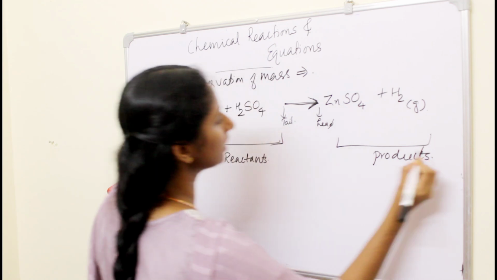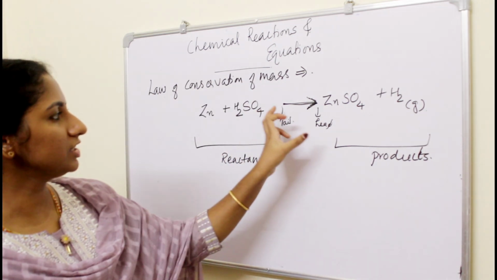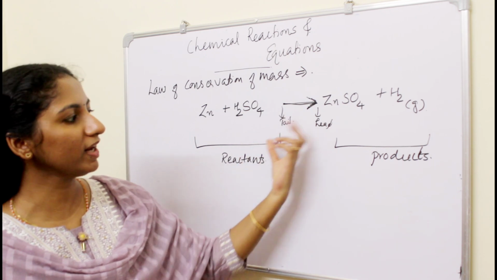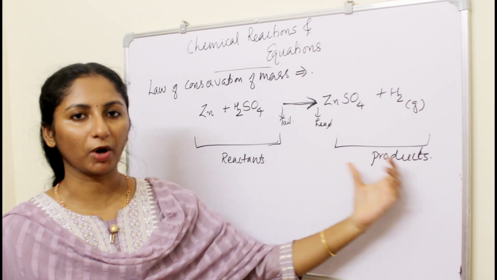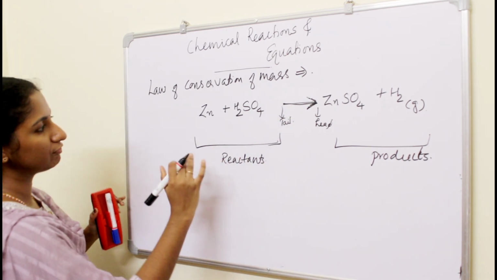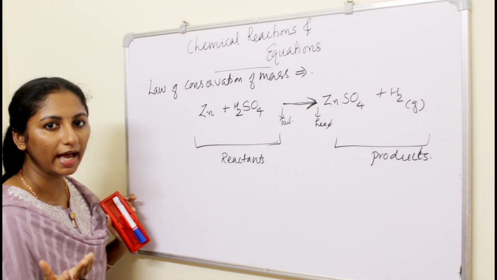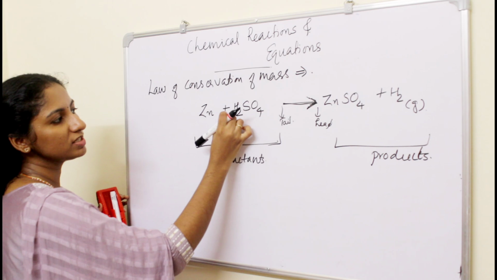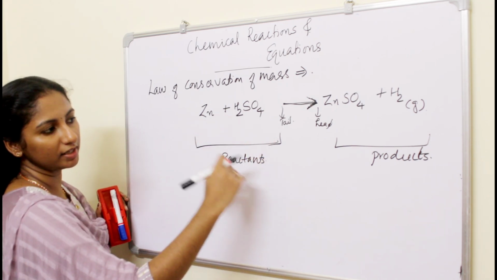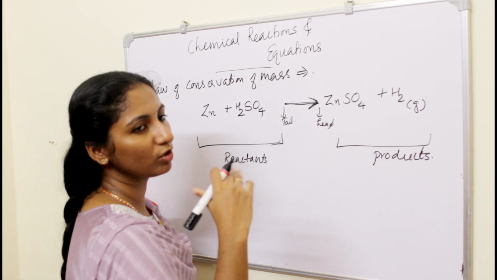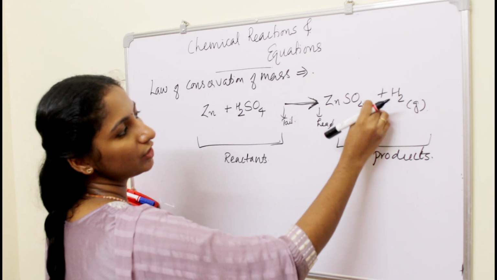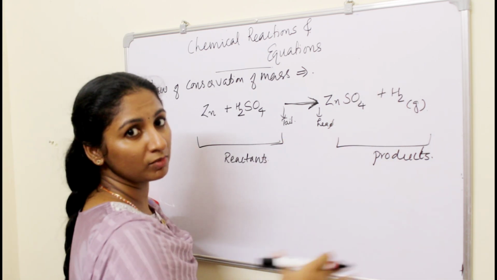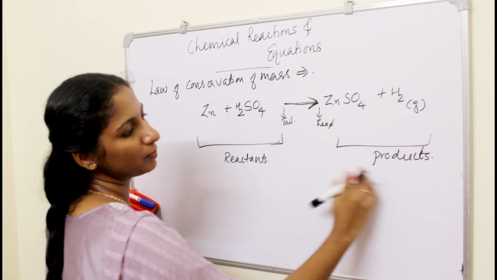So when we are taking this chemical reaction, this tail will direct towards the reactant side and head will direct towards this product side. Okay. If there is presence of two or more reactants, we can represent them by adding an addition sign in between the reactants. In case of products also, if we are getting more than one product, we can use this addition symbol to introduce more products under this product side.